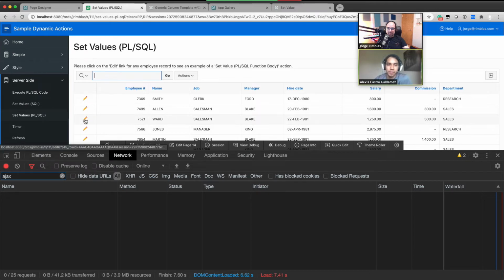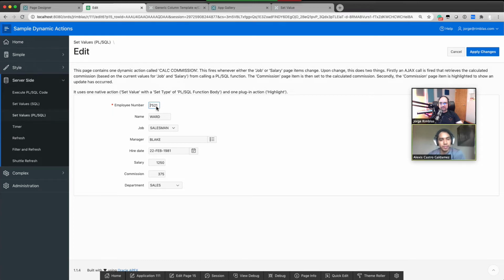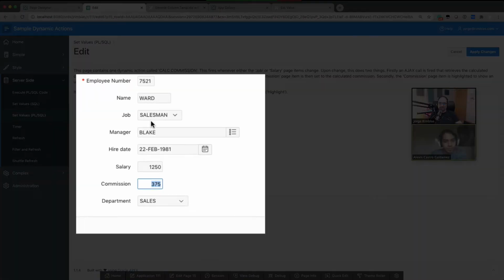In this example, we're going to edit someone. We can calculate based on changing. It's going to calculate a new commission. So there's a business rule that says depending on the type of job, the commission is going to be different. So watch the commission, 375. I'm going to switch it to president, and it switches to 500. I'm going to switch it back to sales, 375. I'm going to switch it to clerk,